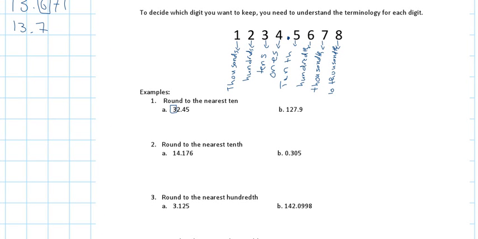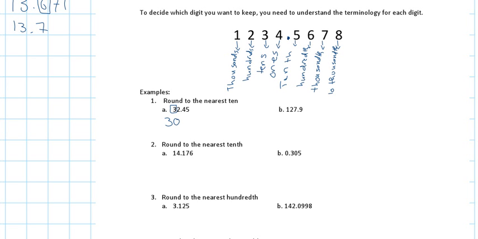Now, it's similar to rounding decimals. You're going to look at the number after it. What's the number after it? It's a 2, right? So since it's a 2, what do you do with that number 3? You leave it the same, okay? The difference right now is I have to drop this down to a 0. So what that means, okay, 32.45